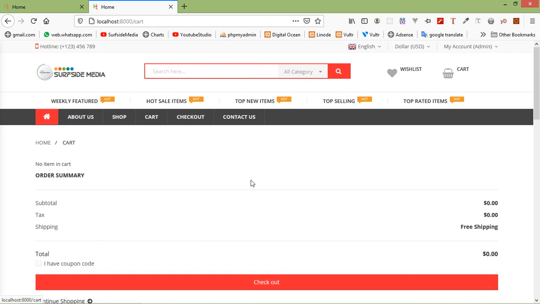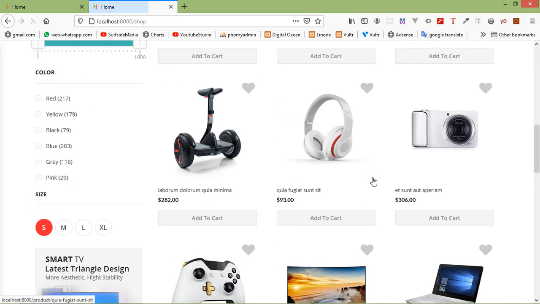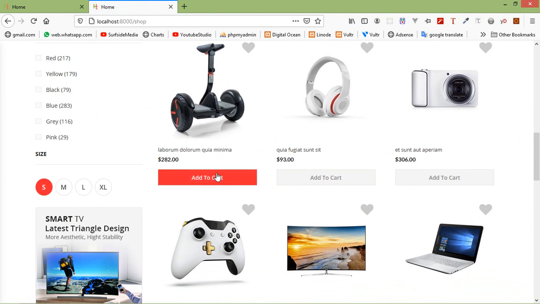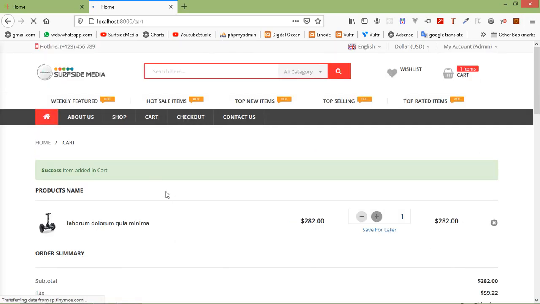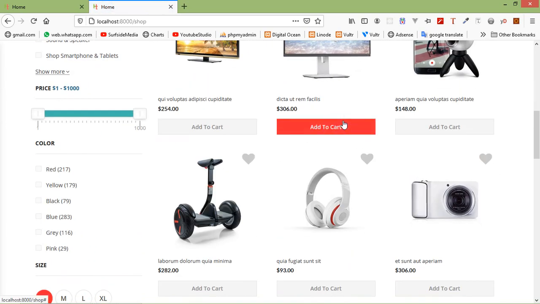All right, now let's add some products into the cart. So go to the shop page. Okay, and let's add some products. So I'm just going to click on this product, add this product, click on this link, add to cart. Product added. Okay, let's add more products. Add this.